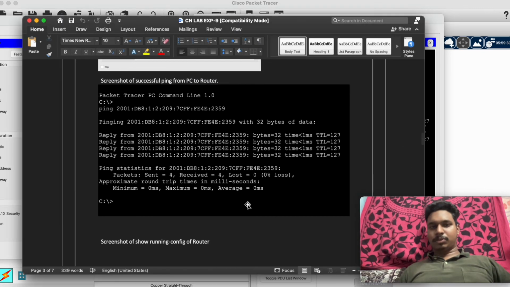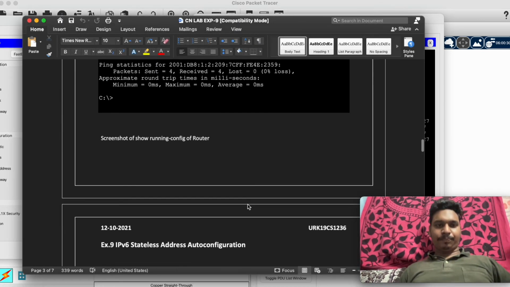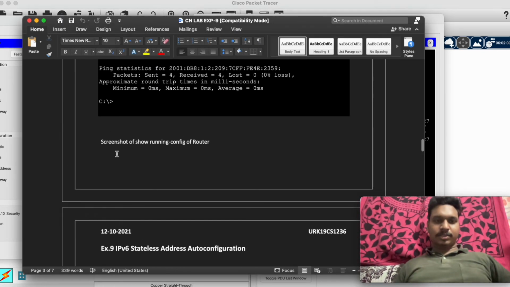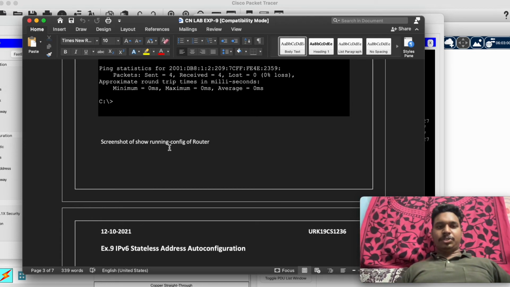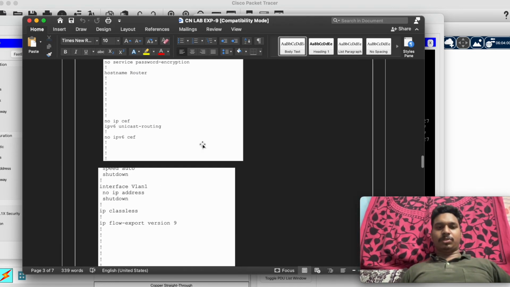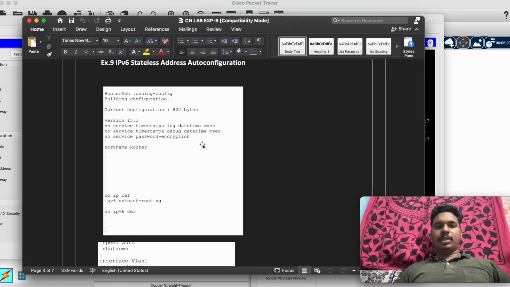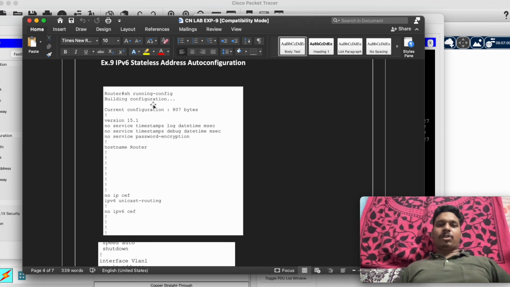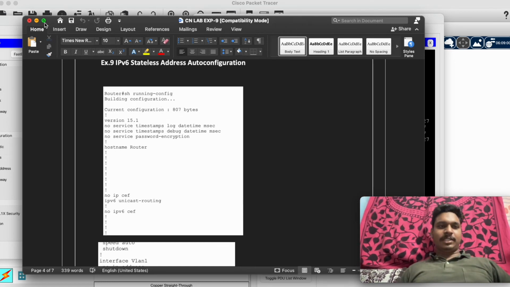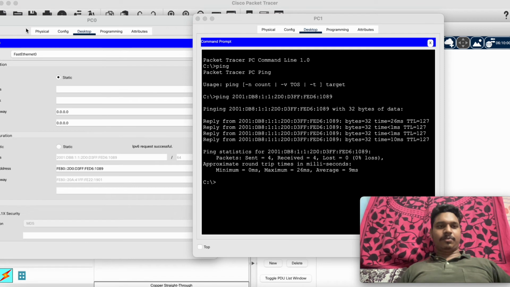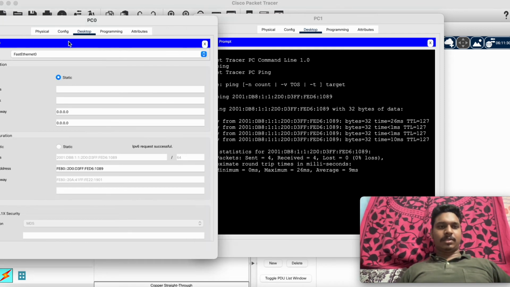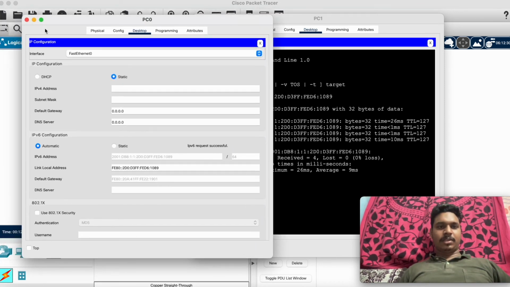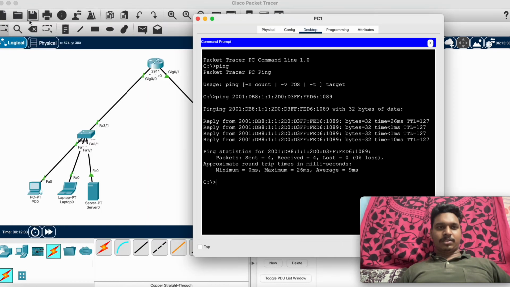Okay, now let us go to the next question: screenshot of showing running configuration of the router. So we need to go to the router and give show running config. So let us see whether our router has been successfully configured or not.